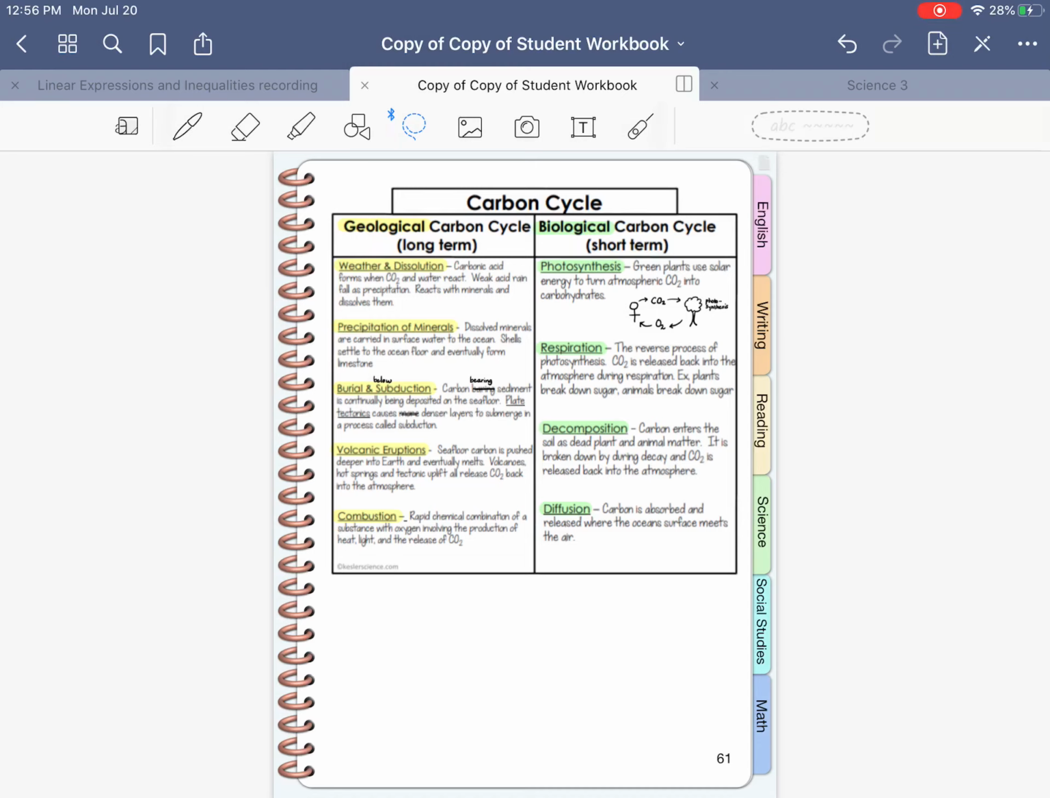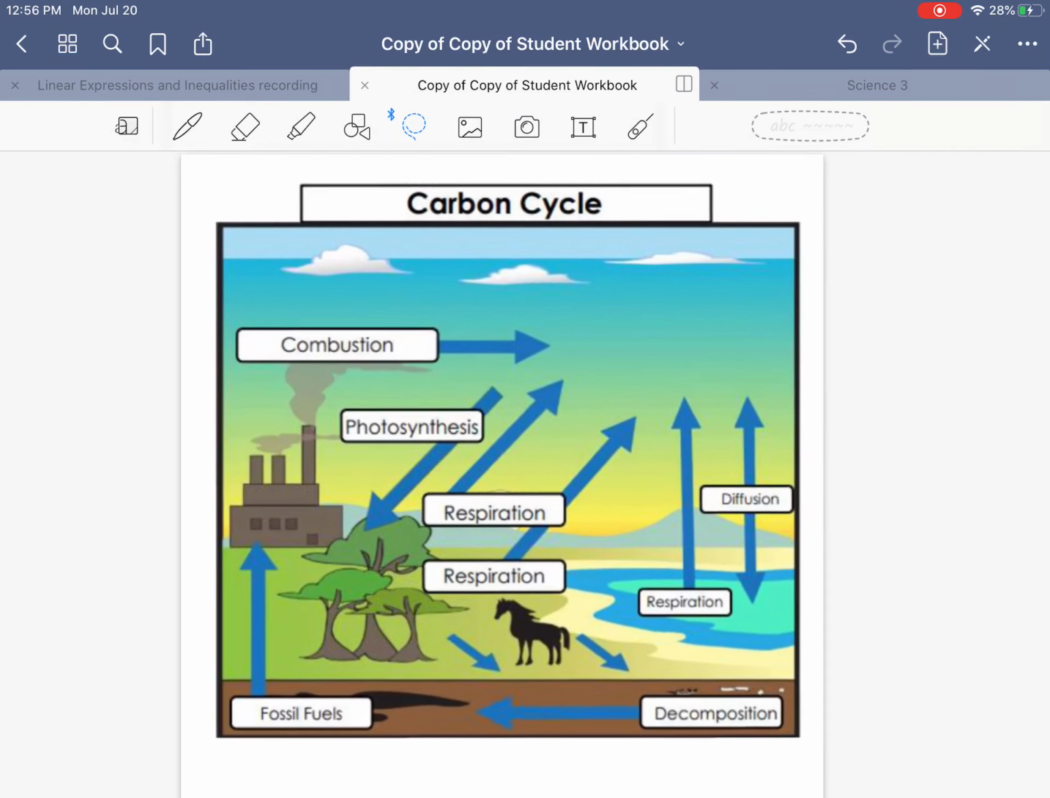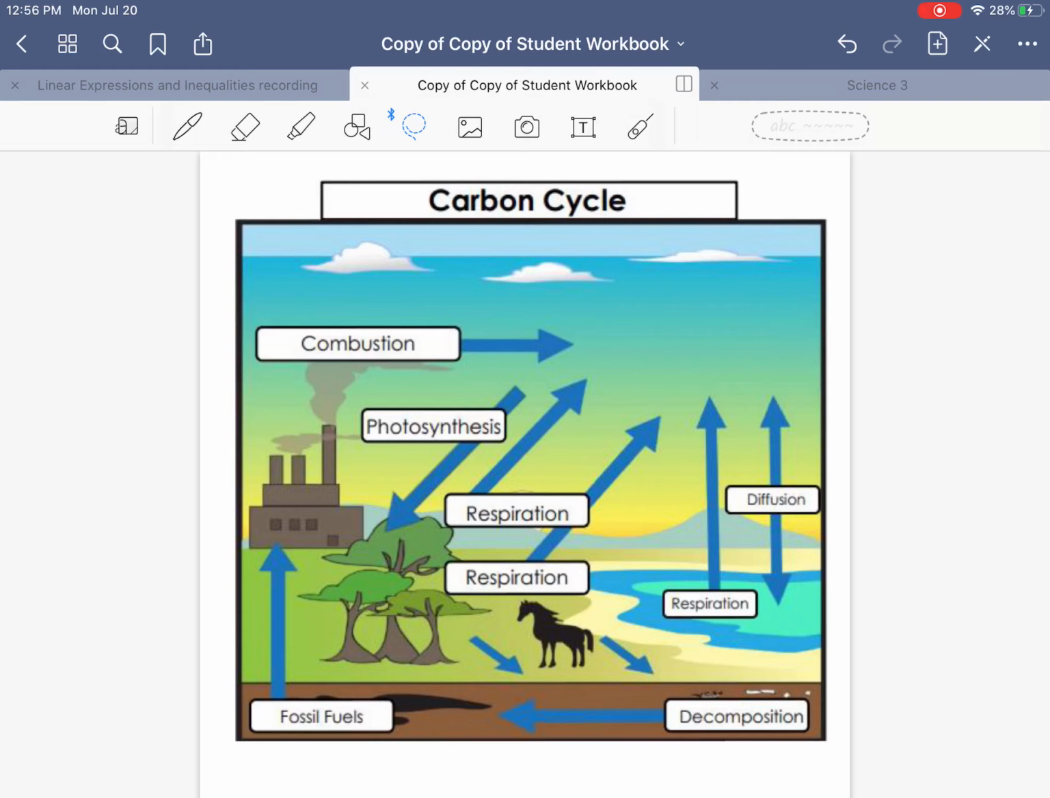Here for the last piece of this video about the carbon cycle. And you should have this piece pasted onto page 61. If you have not already watched those videos that lead up to today's lesson, please do that before you watch this one. But we're looking at this diagram of the carbon cycle, and for me, a picture is worth 1,000